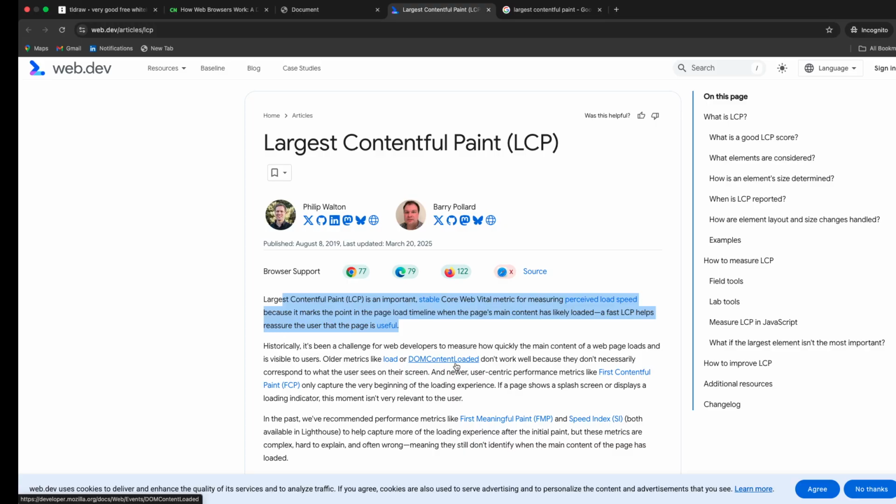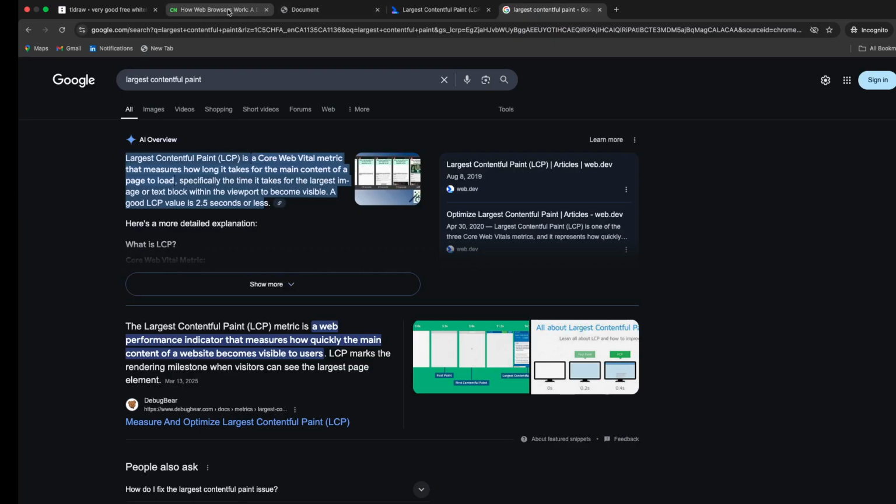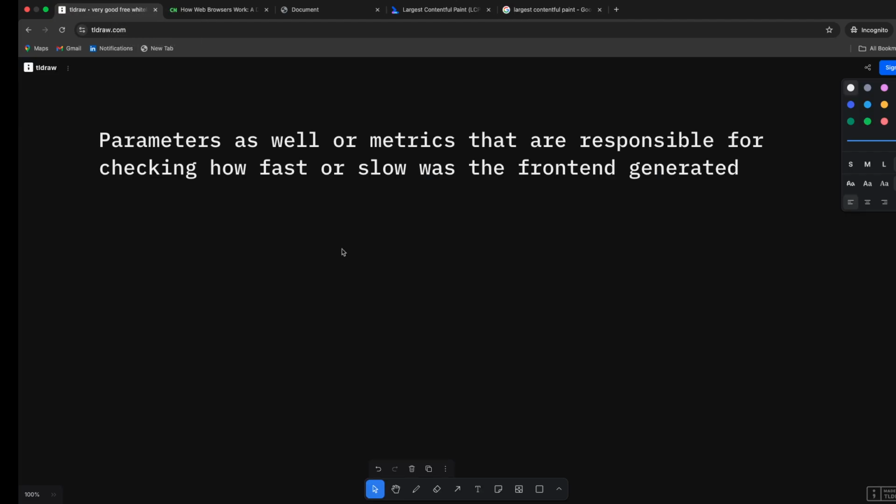Now there is another, newer performance metric, which is first contentful. If you see the word, it's largest contentful. That means the biggest or largest viewport element. How much time is that taking to load? We are not checking the entire page. So the first parameter is basically largest